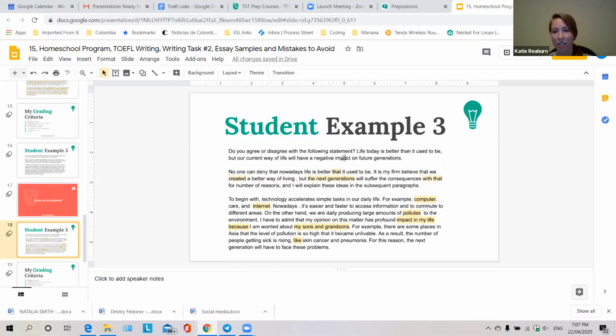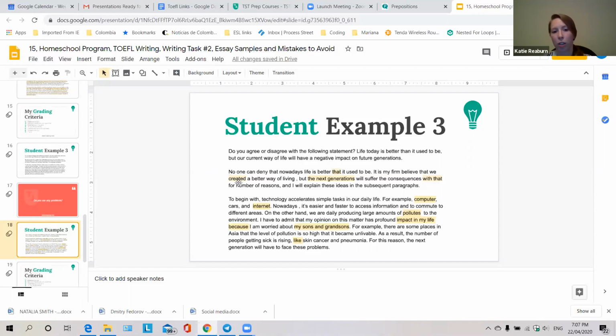Even if you have a few mistakes, it's okay, but having them in the first sentence and having a few in that introduction gives that bad first impression, and it can be hard to change that impression later on, even if the rest of the essay is perfect. They're already thinking, oh, not sure about this one. So we want to turn that around. So first one here, that should be then.